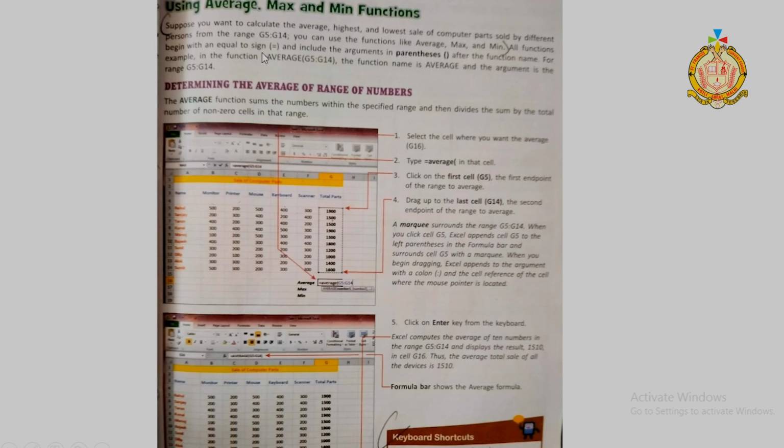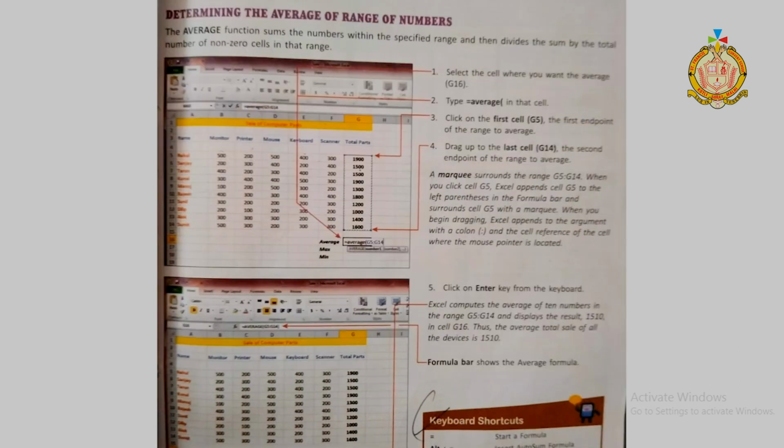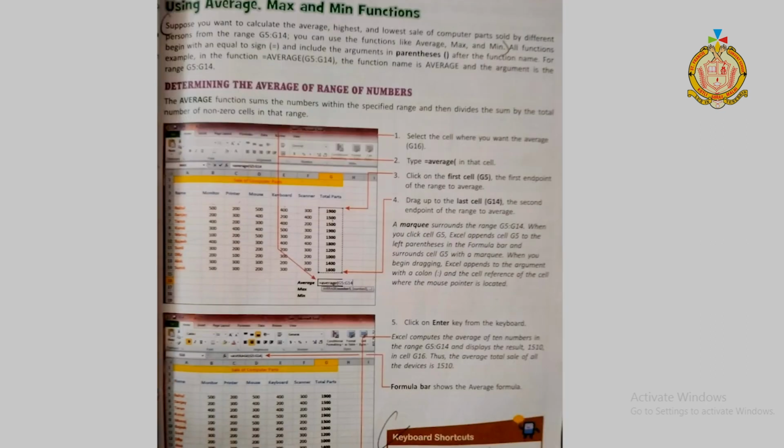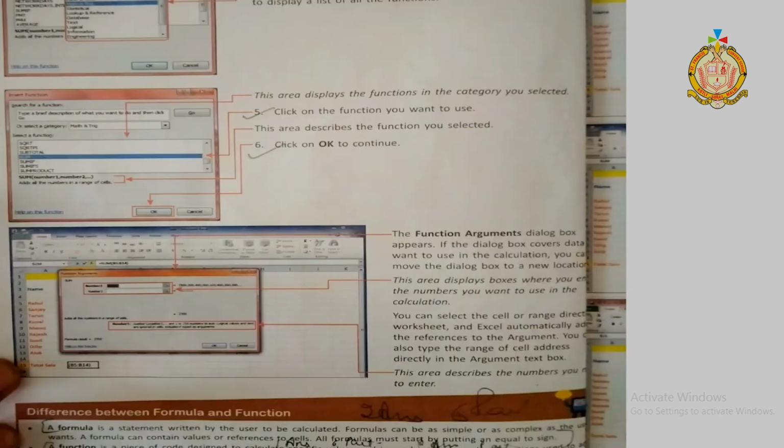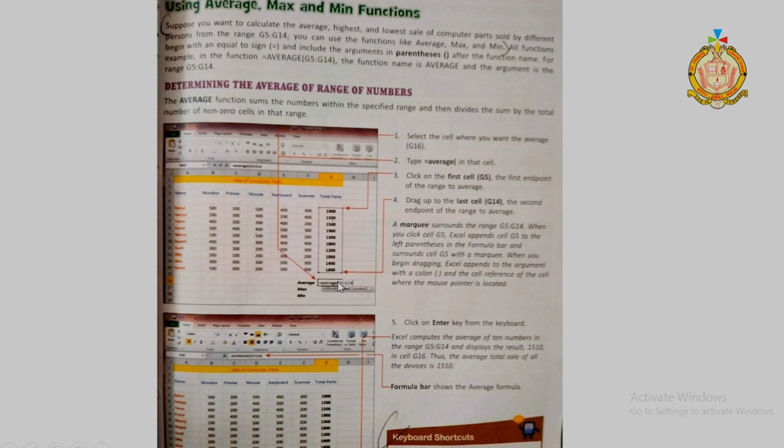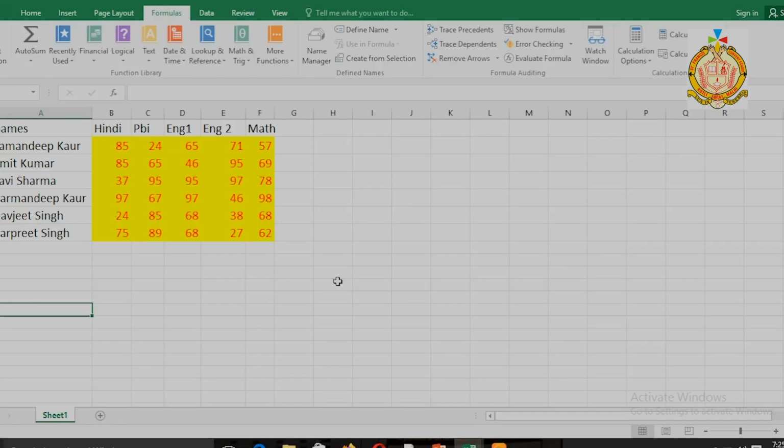By practical I will show you what is meant by average, max and min, how we can use these functions, how they return the value, and what is the importance of these functions in our worksheet. It will decrease our burden, it will decrease overload, and there will be less chance of mistakes also with the help of these functions. Determining the average of a range of numbers is also in the same category. So I'm going to show you all these things by practical. So students, watch this video up to the last and you will get the idea.